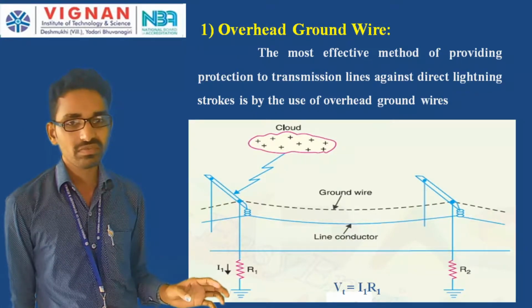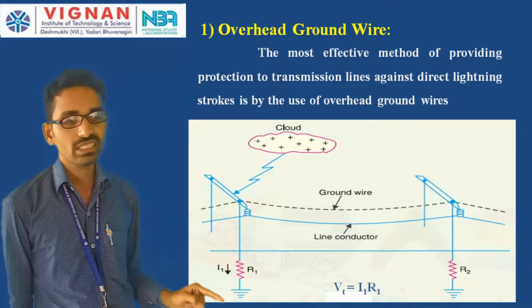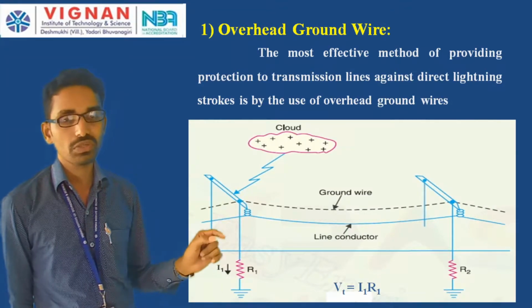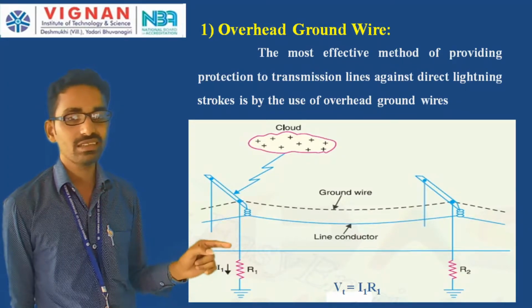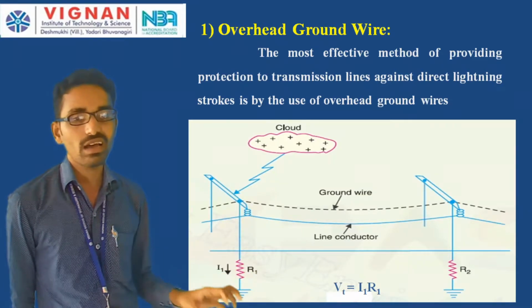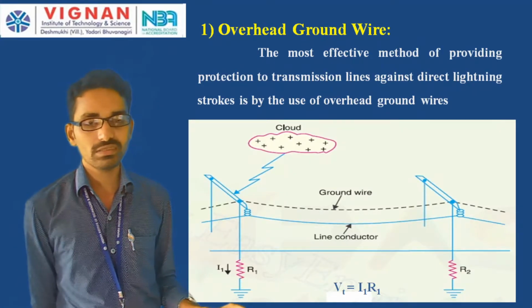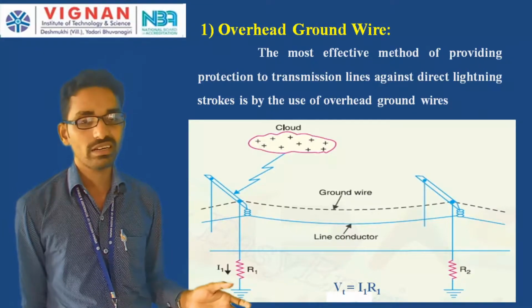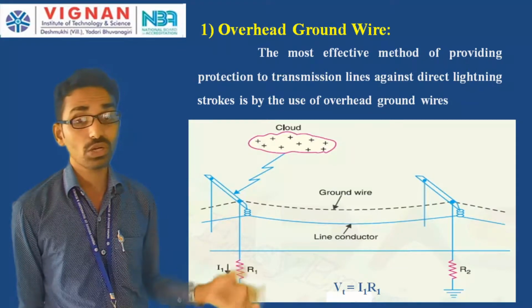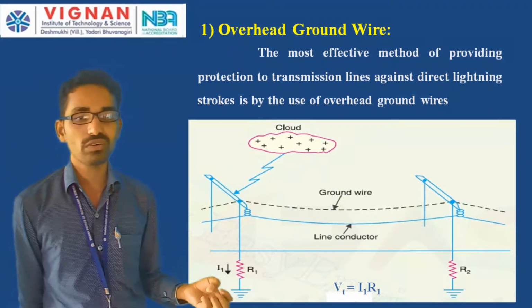So here that R1 must be designed with low resistance. The R1 which we are using here must be a very low value. Here we are carrying a current of I1, that is the lightning current. Let us take that lightning current as 50 kiloamps, and R1 as 50 ohms. Then 50 into 50, how much is it? 2500. So 2500 kilovolts of voltage is going to be present because of that lightning. That is a very high voltage.